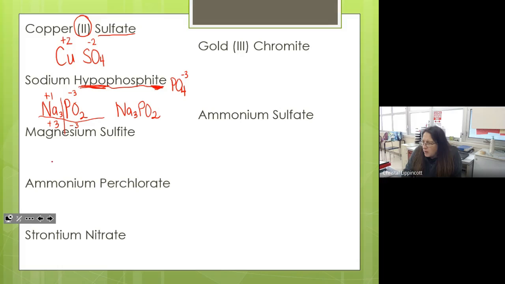Okay, did you get MgSO3? Good, because remember sulfite, we're going to take one of those away from this. This guy was a +2 and he was a -2, so then we were done. Okay, try this ammonium